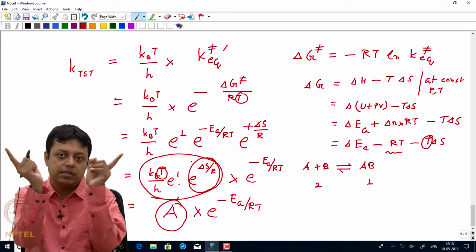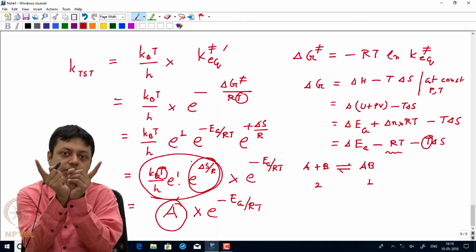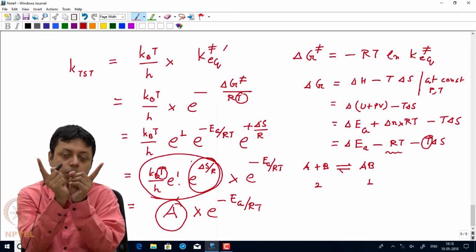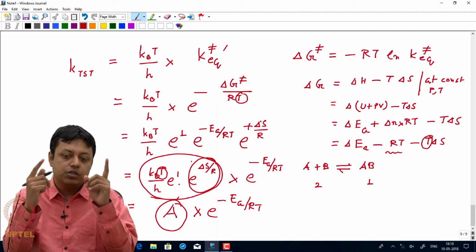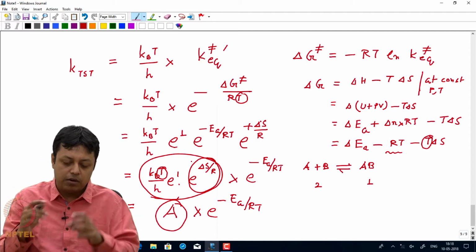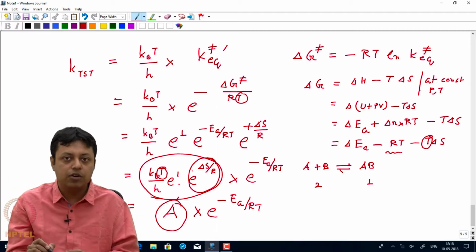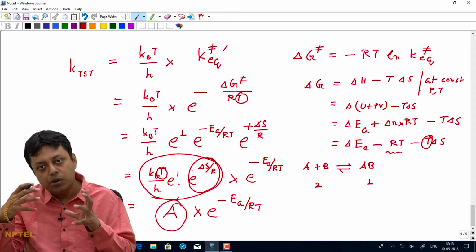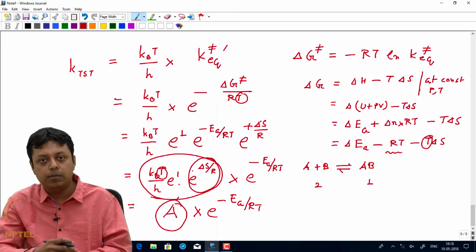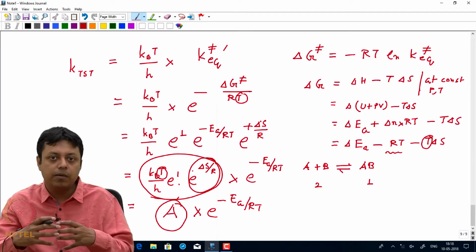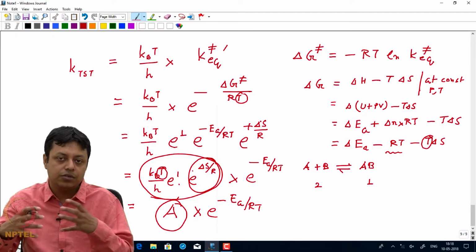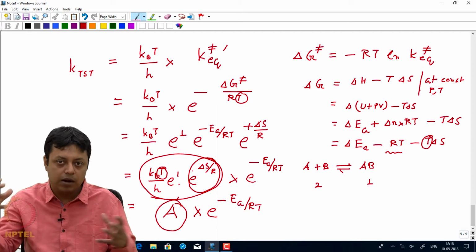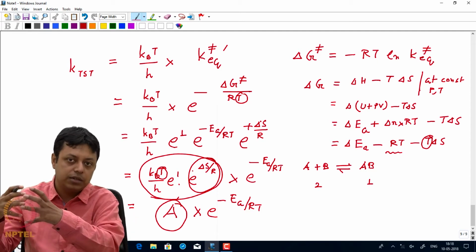So if the collision happens like this, although energetically the collision may be favorable, orientationally it may not be favored. So this orientation factor is directly embedded in the entropic factor. So you have to have the right arrangement, which will reduce the entropy of the system, because you are going from a less organized structure where the reactants are randomly moving around to a more organized structure in the transition